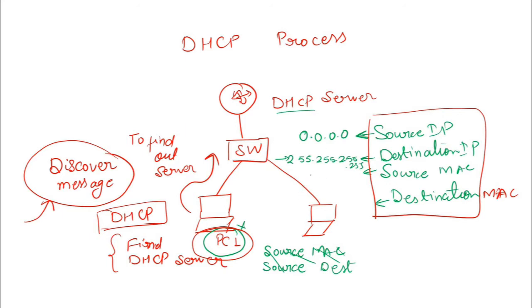And in the source MAC address it uses the MAC of PC1 because it knows that, and the destination